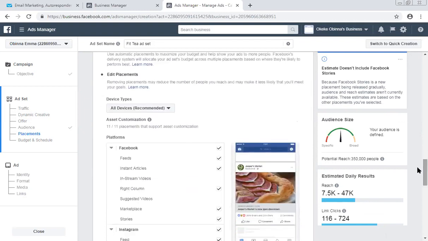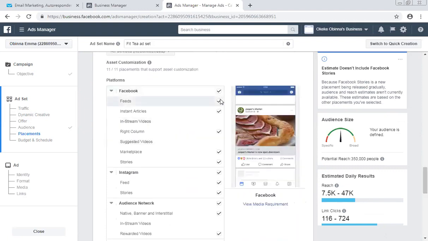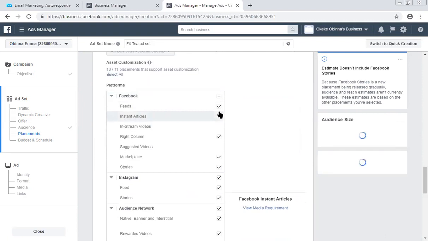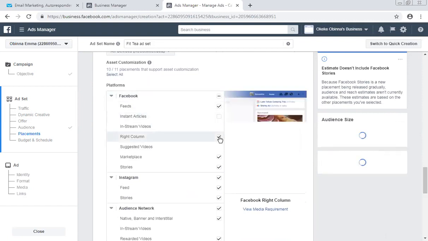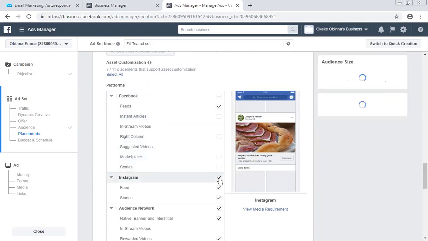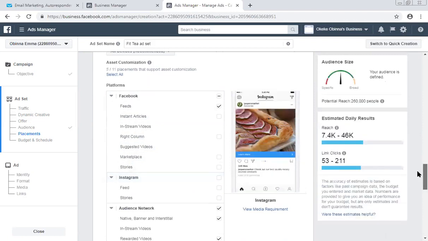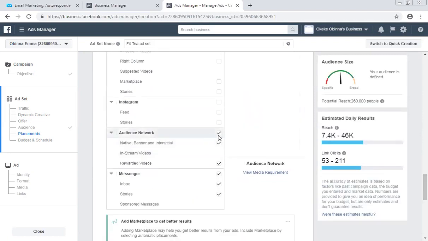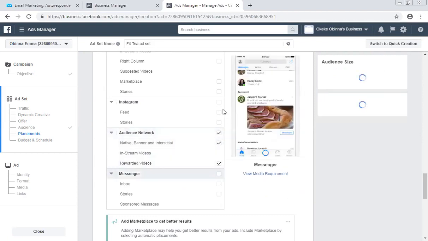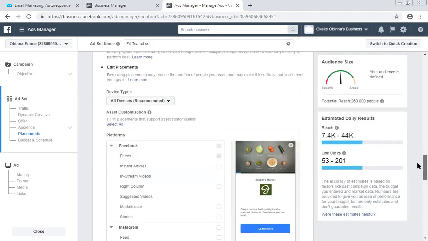So what I do with placement is most times I only go with Facebook feeds. Don't show my advert on Instant Article. Don't show on Right Column. Don't show on Marketplace or even Facebook stories. No, don't show it on Instagram. If I want to run an Instagram ad, I go on and run an Instagram ad. Don't show it on any of the Audience Network, and don't show it on Facebook Messenger. So I only go with